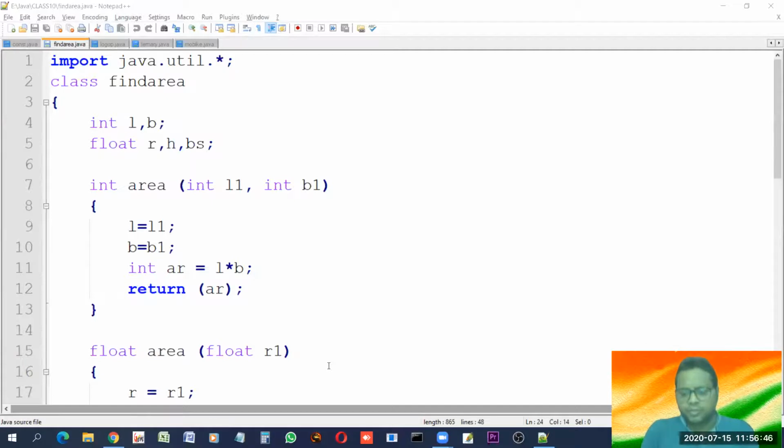Then abstraction means what? Hiding the details and only displaying simple things and making the things simple to use. That is data abstraction. Best example is when we use any function, we don't need to worry how this function is defined, who defined this, what is the logic behind that and all. We just simply use the function and get our work done. So best example is this.